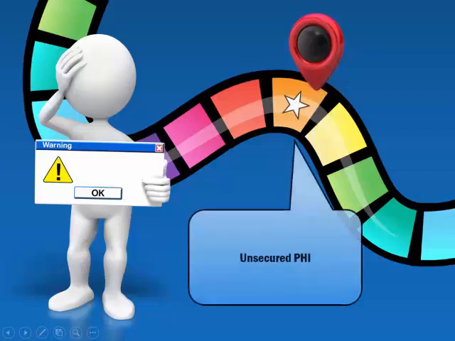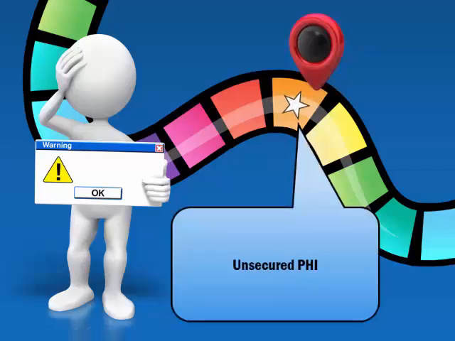The department's policy is to encrypt all laptops and other portable media. Encryption renders information unusable and unreadable. Unsecured protected health information means protected health information that is not rendered unusable, unreadable, or indecipherable to unauthorized persons through the use of a technology or methodology required by the breach notification rule.